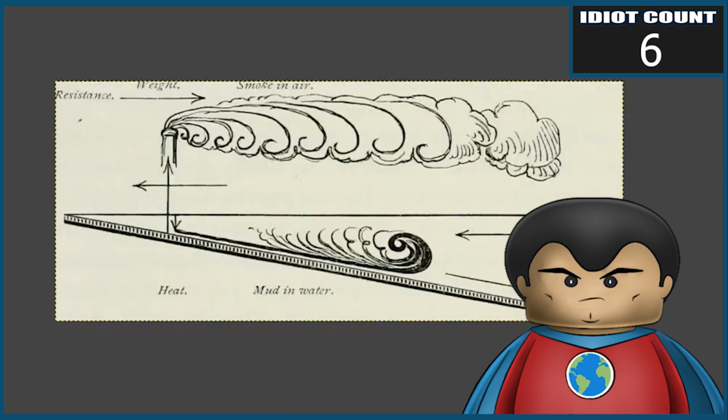No, Gigantor. The churning of the mud, the swirling of the smoke, and the rotation of global winds and water currents have little to nothing to do with each other. The mud and smoke have more to do with turbulent flow than anything, and Coriolis from Earth's rotation plays no role in creating those vortices. Did you really just see a similar swirling pattern and think to yourself that this must be caused by the same thing? Yeah, you're an idiot.